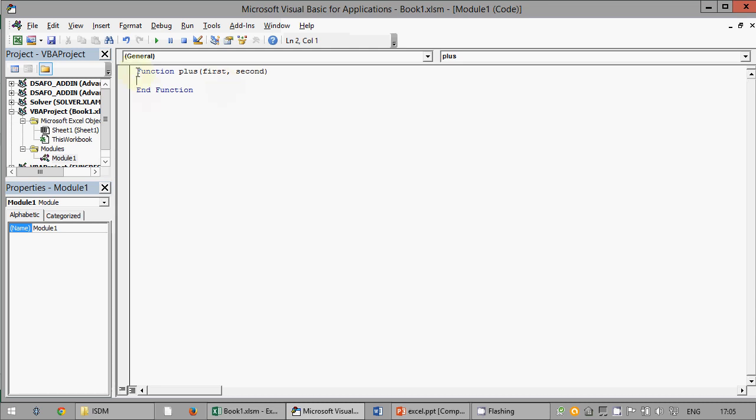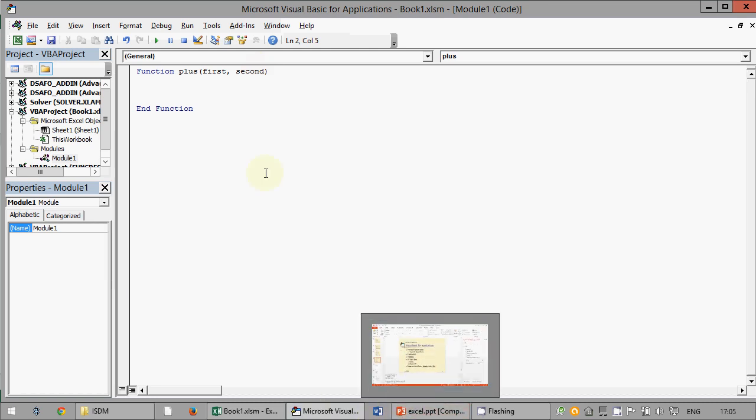Okay, so this means that the function declaration is the following: Function followed by the function name, between parentheses, separated with a comma and not with a semicolon, the list of arguments. You can decide which are these variable names, and you can decide also the function name clearly. Please avoid using a function name which already exists, such as sum. Okay, and then there must be a mandatory End Function which ends the function. In the middle, you write the function. So here you write the function.